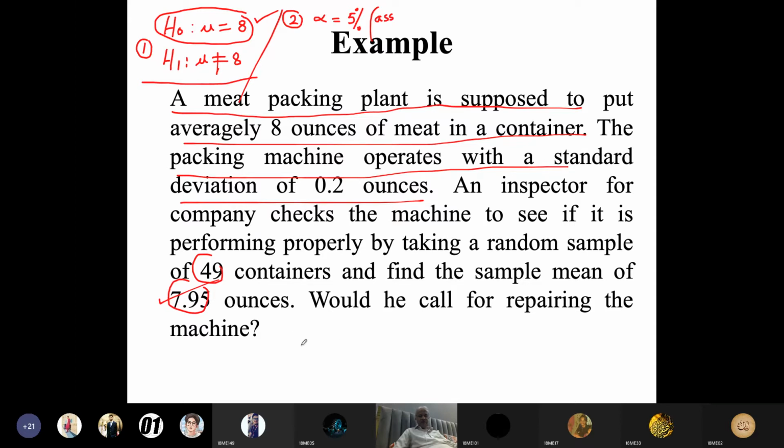Would he call for repairing the machine at 5% level of significance? इसमें तो नहीं लिखा ना। ये assumption है 5%।